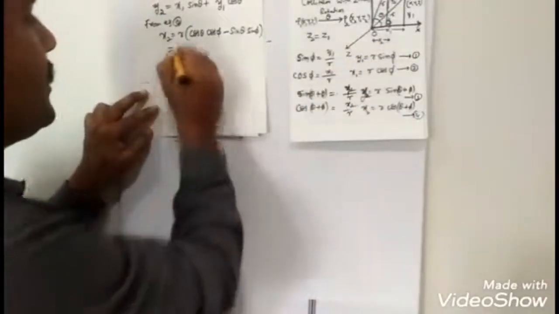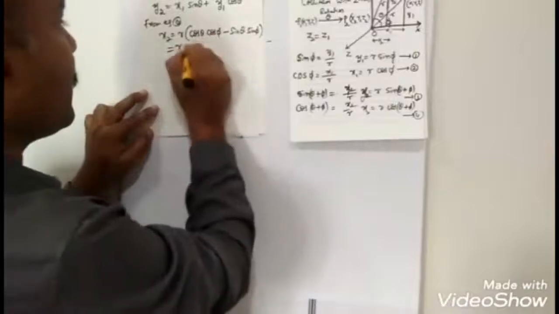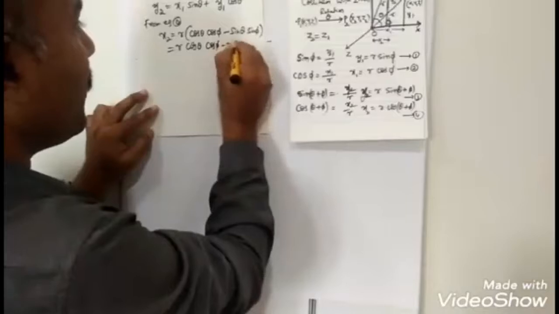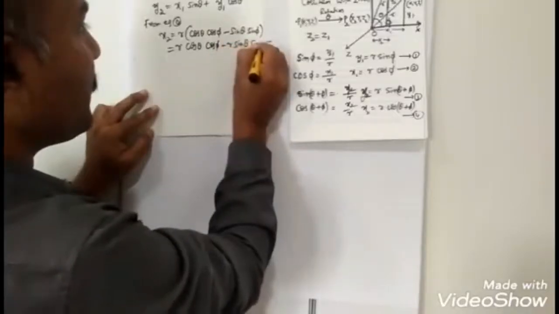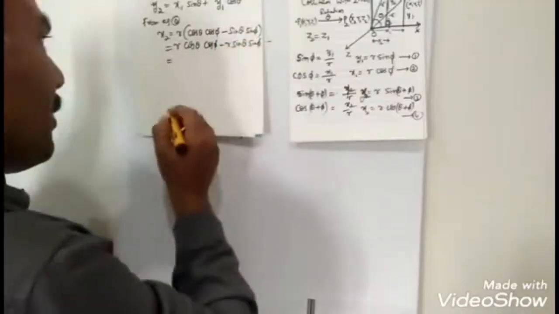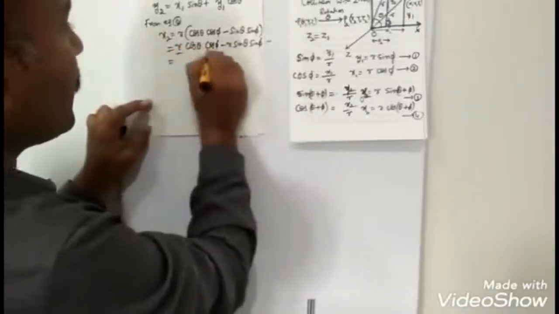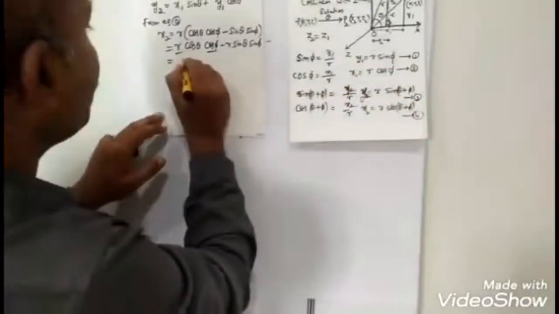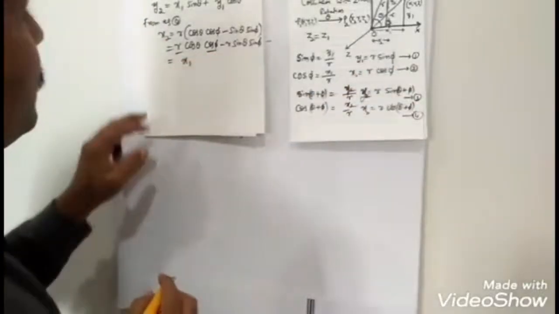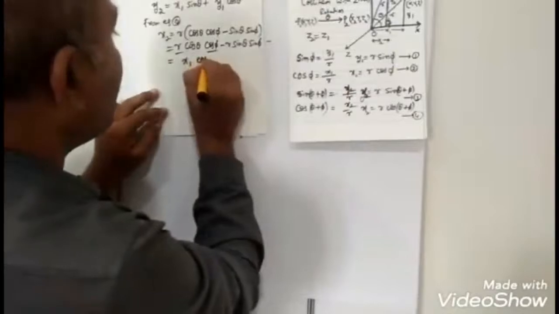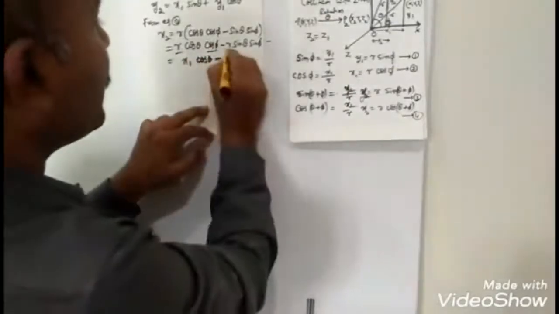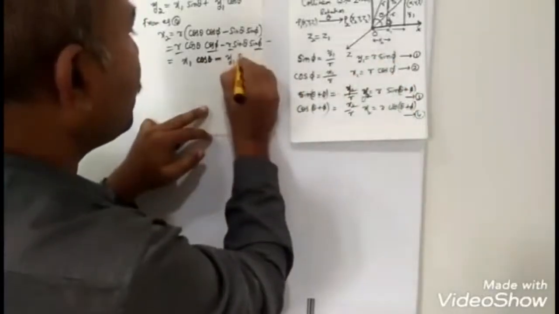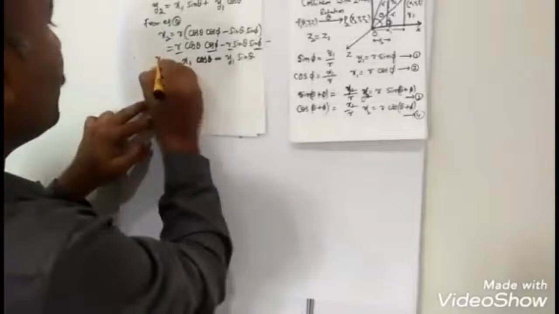You know r is common. Multiply the r with cos theta cos pi: r cos theta cos pi minus r sin theta sin pi. So now we know the value of r cos pi. R cos pi value is x1. You put the x1 value: x1 cos theta minus r sin pi, where the r sin pi value is y1, so minus y1 into sin theta. Okay, this is the value of x2.